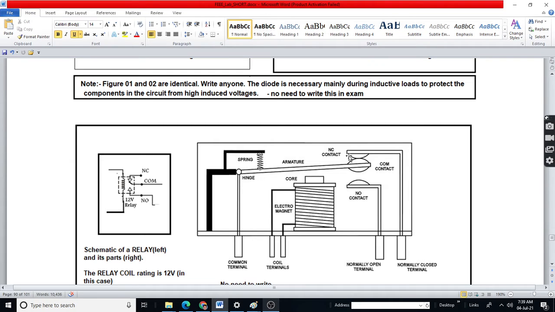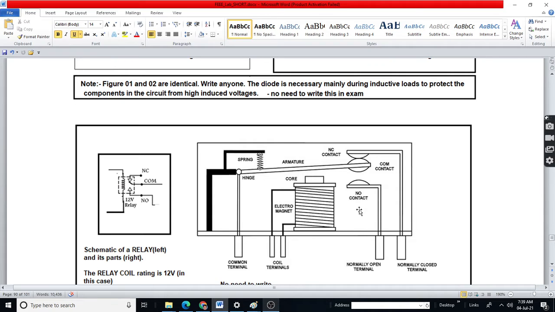So there will be contact between the upper and common. Hence, such a contact, the upper contact, is called a closed contact, because there is touching, there is contact. Hence, it is called normally closed contact. The other one is called normally open contact. In some relays, there will be no normally closed contact.